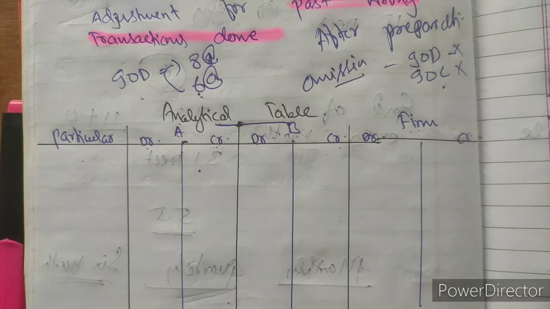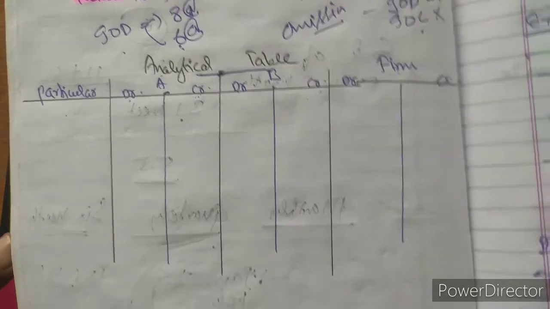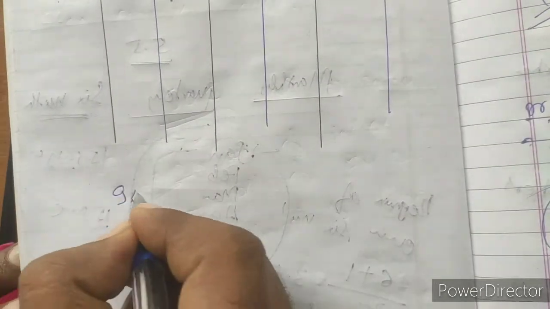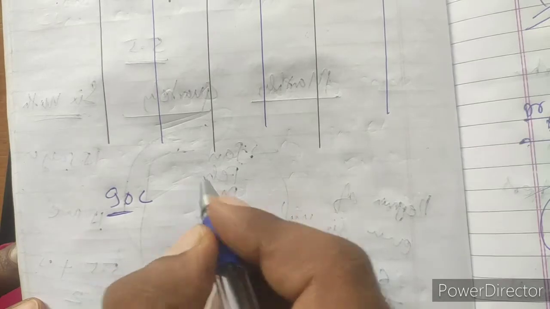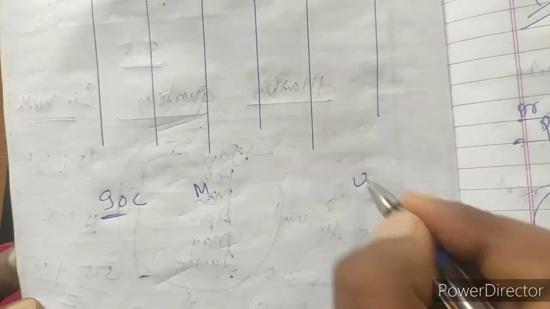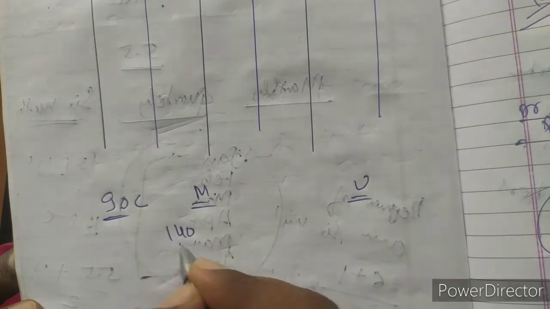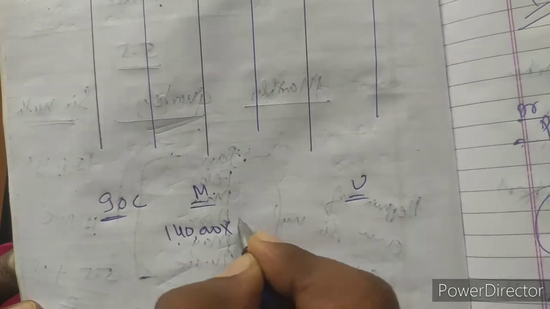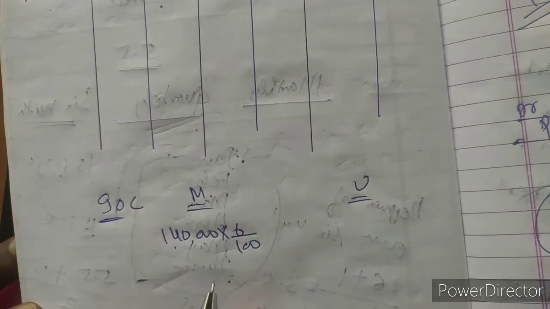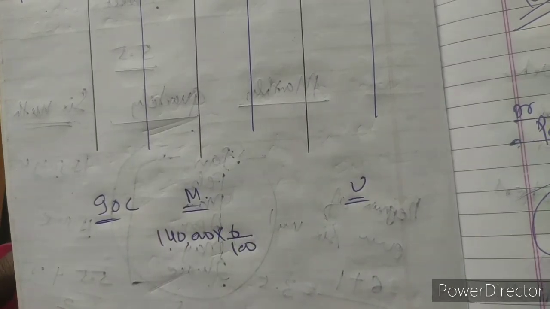So first we will calculate the interest on capital, because we have to calculate the rate. Interest on capital for 2 partners: there is Mita and at the same time Usha is also there. Mita's capital is 1,40,000. Interest on capital to be paid is 6%. So interest on capital will be paid for the whole year, because capital is contributed from 1st April 2015, from the beginning of the year, for the whole year.